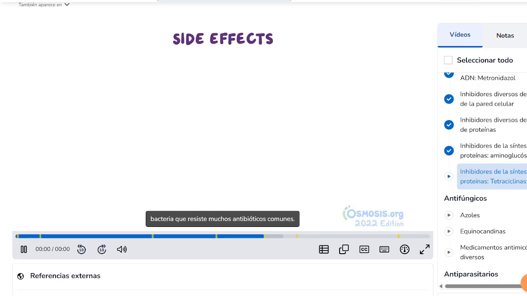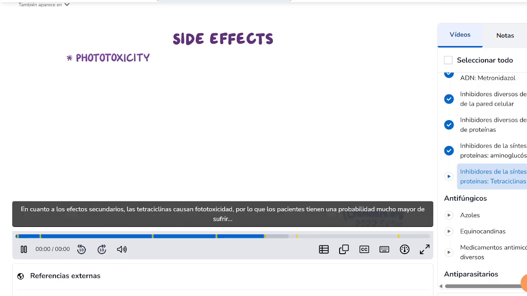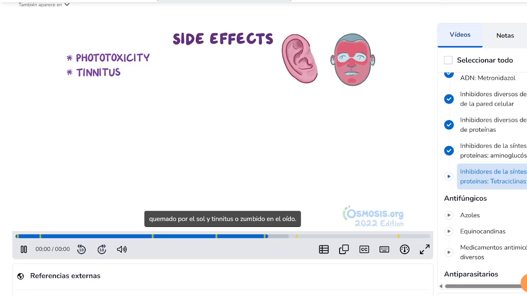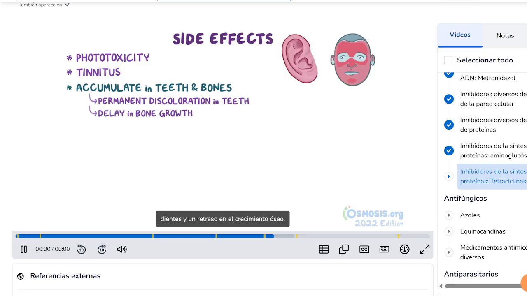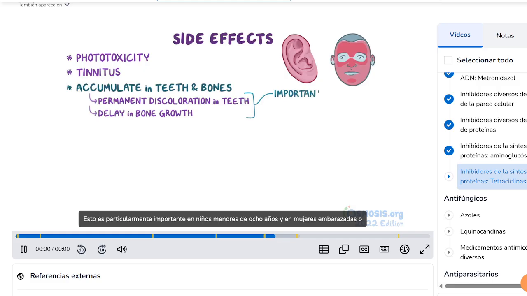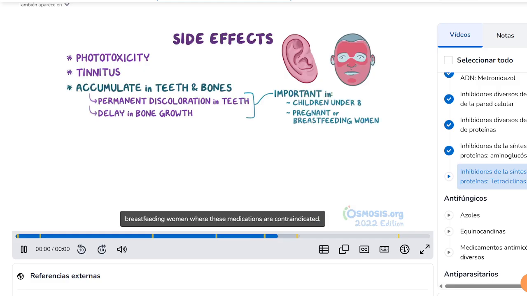For side effects, tetracyclines cause phototoxicity, where patients are much more likely to get sunburned, and tinnitus, or ringing in the ear. They can also accumulate in teeth and bones, which cause permanent discoloration of the teeth and a delay in bone growth. This is particularly important in children under 8 years of age, and in pregnant or breastfeeding women where these medications are